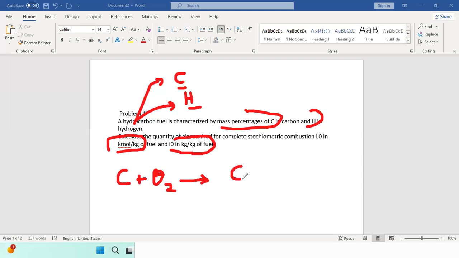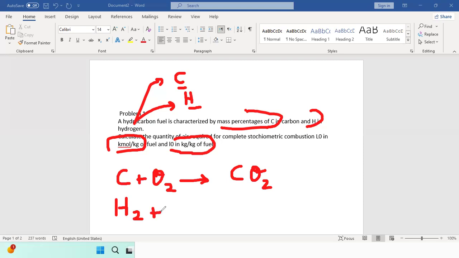And our purpose is to know what is the amount of CO2 produced in order to see what are the technologies that should be developed to capture it and store it. Okay, so C plus O2 equals CO2. And the second reaction is for hydrogen. So H2